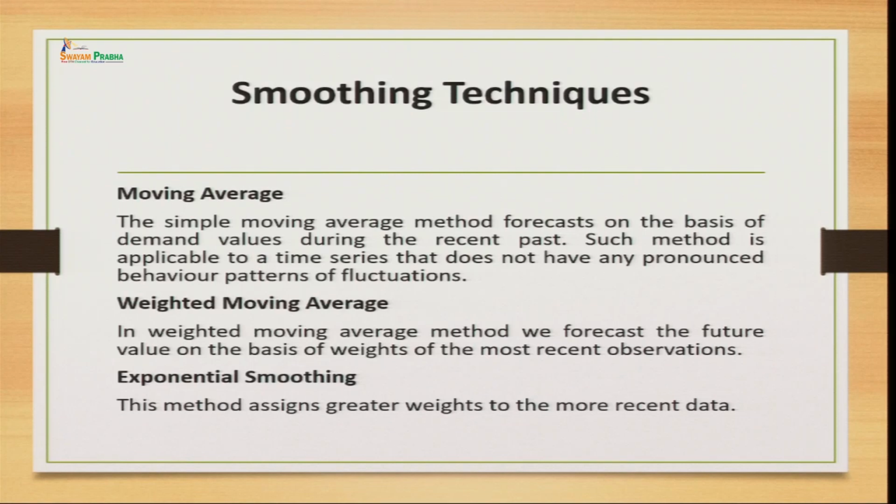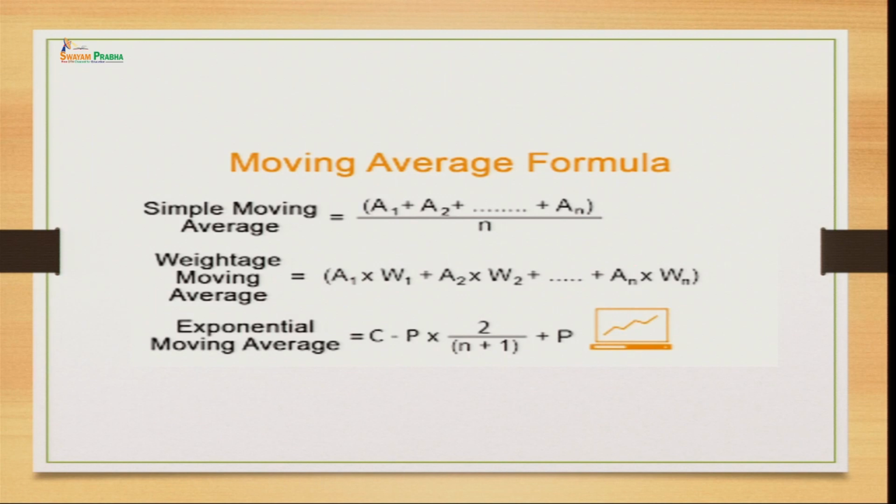Then we have the smoothing technique. The smoothing technique is basically used when we do not have a secular trend shown in our data, where some irregular movements or events are recorded in our data. In that case we use the moving average, weighted average and exponential smoothing methods. In the moving average, we take the average. Here are the formulas written here to make it more clear. In the simple moving average method, we take the average of the previous months or years, and we make an average of those figures to find out the demand of our future year or future month.